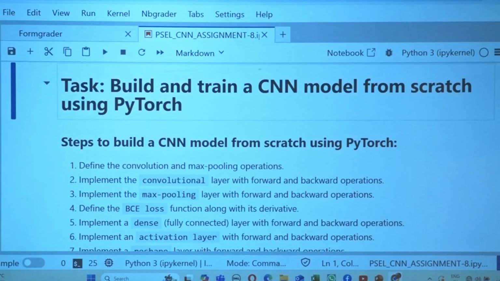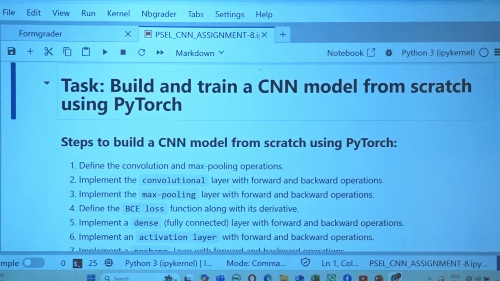So henceforth we are building level by level, whatever the helper functions: the convolution layer, max pooling layer, and the supporting helper functions like the loss, activation function, and reshaping layer. All these we need to implement one by one with two methods: one is the forward and the second is the backward method. Let's move on to this one.